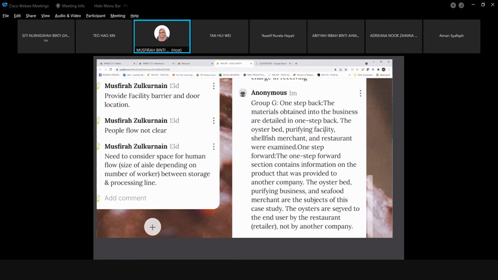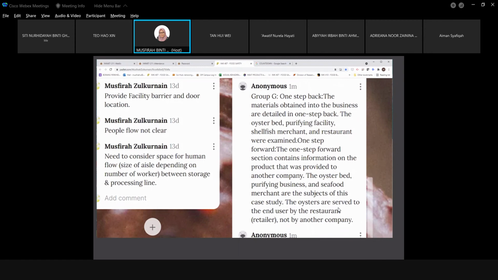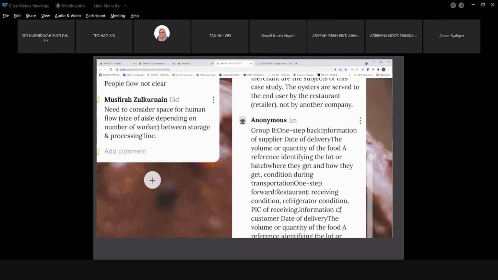One step back will be Group G. Oyster bed, purifying facility. Shellfish merchant, restaurant will examine, okay. So one step forward will be information provided at the complete oyster bed, purifying business, okay. End user, which is the retailer. All right, so